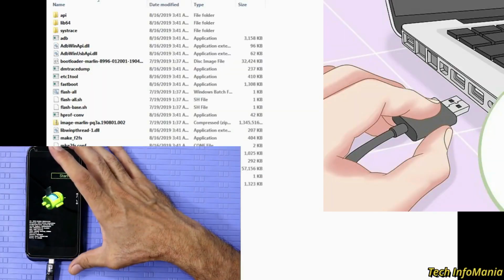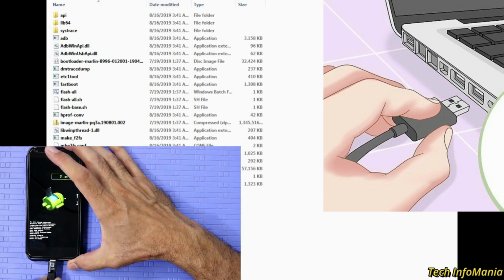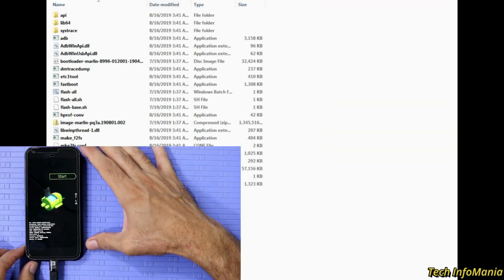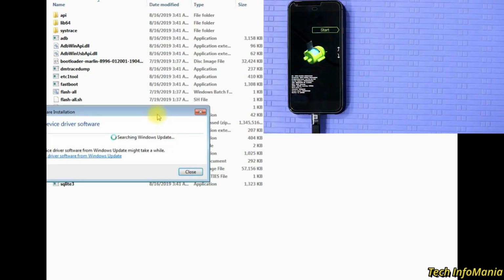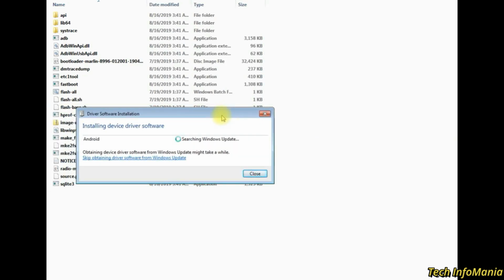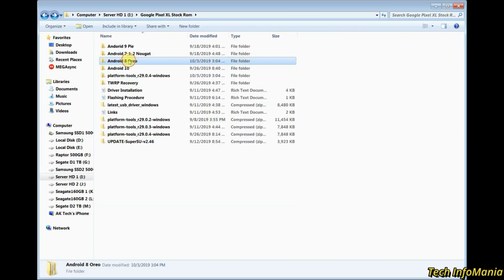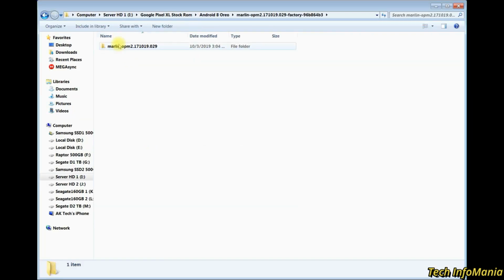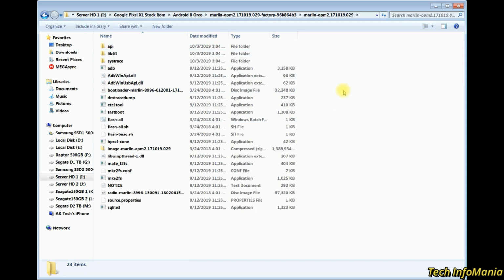So connect the cable with the device and check that the other side of the cable is connected with the computer. As soon as the device gets connected with the computer, Windows will start installing drivers. And when done, go back to the downloaded and unzipped firmware folder where we pasted all the platform tool